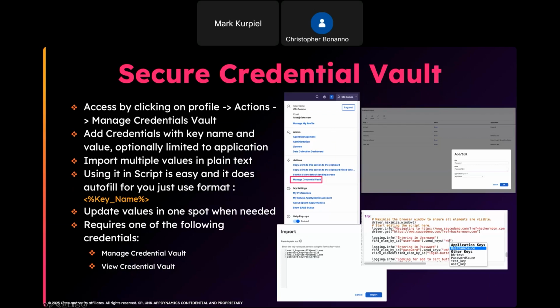And to access the vault, all you have to do is click on your name and then click on Manage Credential Vault, as long as you have the right permissions. And once we're there, we can either add values manually or mass import them using a plain text file, which is then sorted with key value pairs. And then to further enhance our